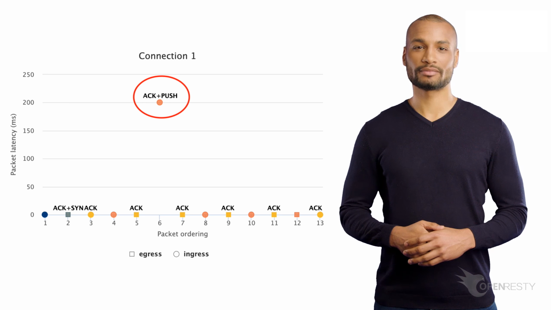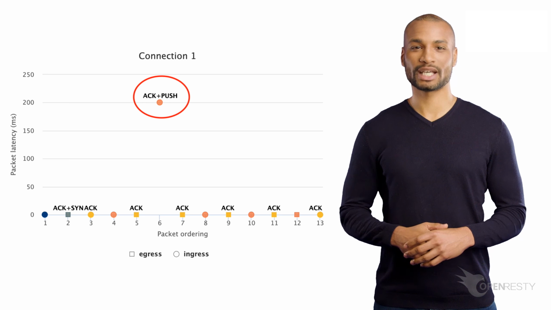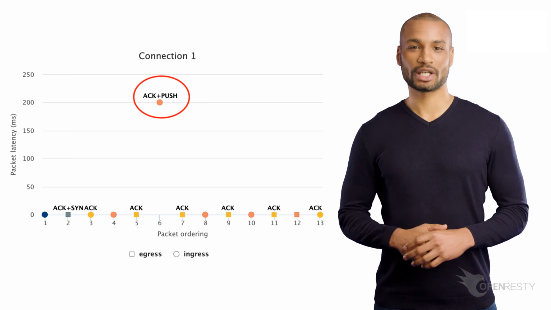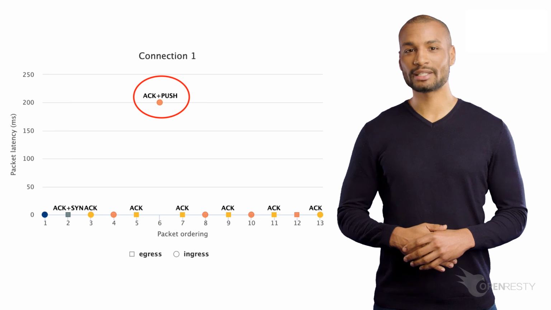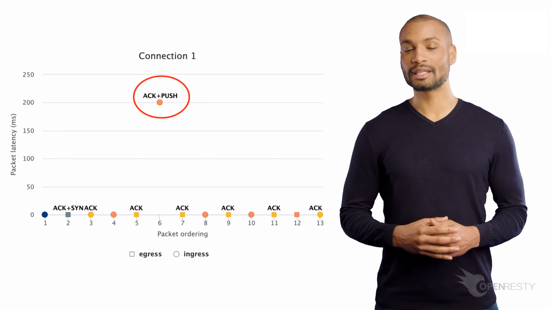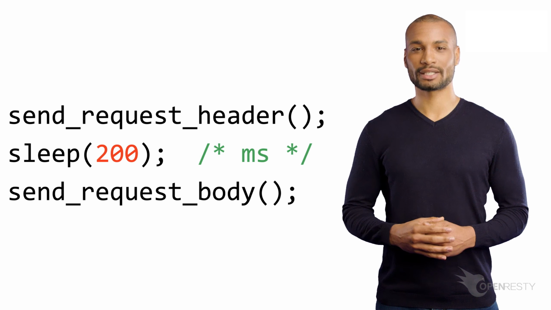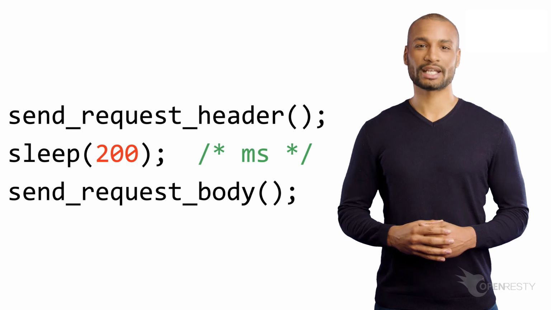sent from the client. At this point, we can rule out the application server, or the gateway web server as the cause. It must be the client or the network links between the client and the server that add this extra 200 milliseconds latency. It is simple to check that the network link between the client and the server is